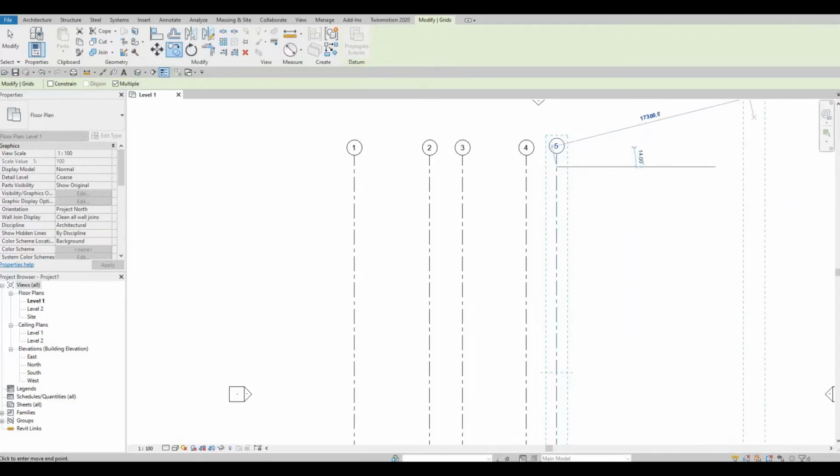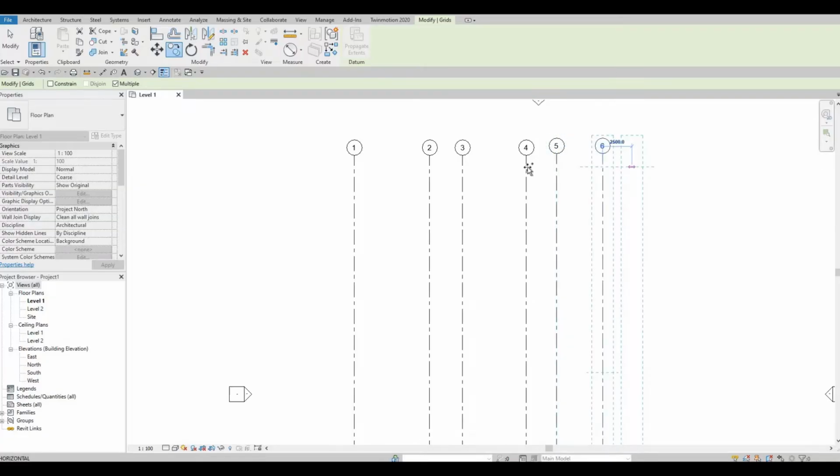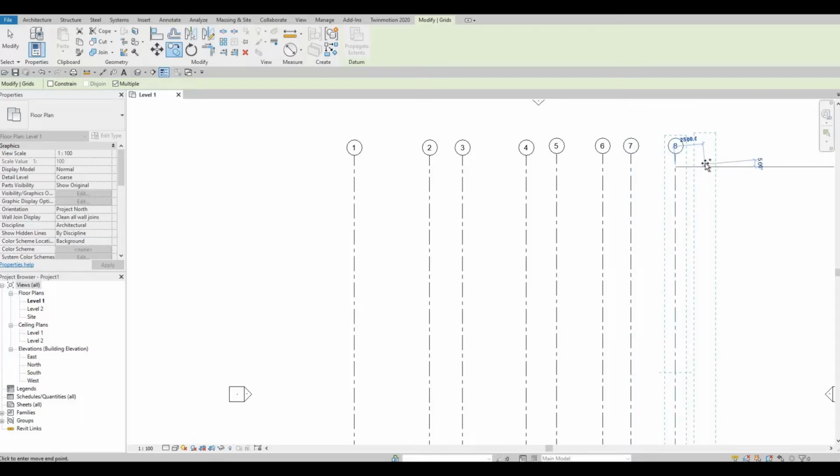My mouse is acting up, so sorry about that. So the next one is 3900. And then we have another 2400, and then another 3800. And then lastly, we're going to add 5000. Press escape